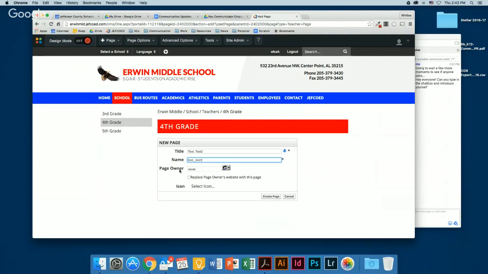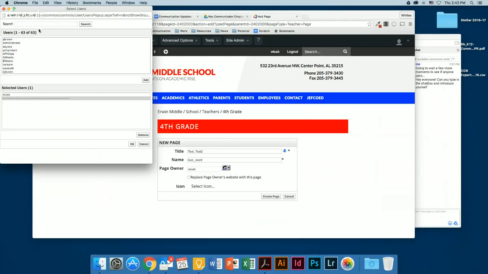So it doesn't matter if you're page owner. If you make the teacher the page owner, then you don't really have to go back and do anything else with the permissions at all. So if you click the person right here, you can search for their handle, or you can scroll down and select them from your list. So they definitely have to be board approved before you can do this, obviously. So you may want to wait to create the teacher page so you can make them the page owner.